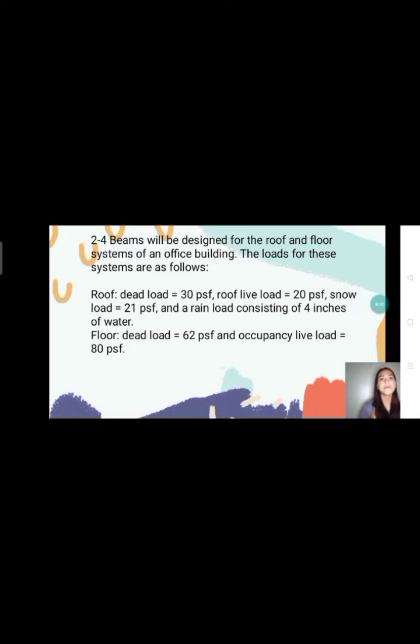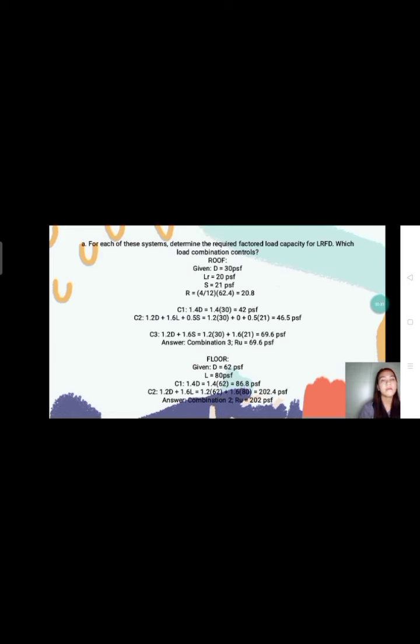Next, number 4. Beams will be designed for the roof and floor system of an office building. The loads for this system are as follows. Roof dead load is equal to 30 pounds per square foot, roof live load 20 psf, snow load is equal to 21 psf, and a rain load consisting of 4 inches of water. For the floor, dead load is equal to 62 pounds per square foot, and occupancy live load is equal to 80 pounds per square foot. For letter A: for each of these systems, determine the required factored load capacity for